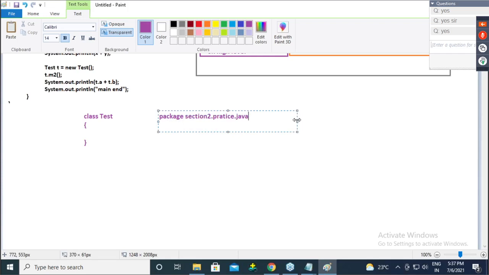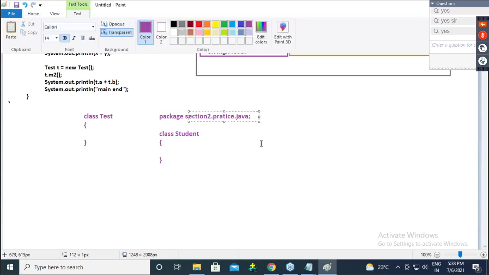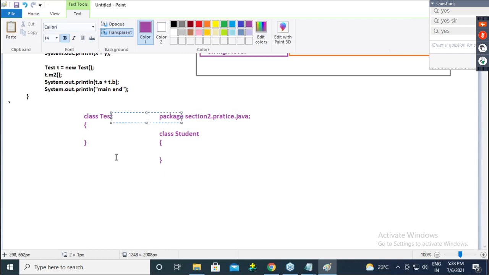You know, guys, how to create packages in Java in Eclipse. So in this package, I have a class Student. Tell me how you will pronounce it. Can I say Student is a class present in section2.practice? Test is a class present in my project.